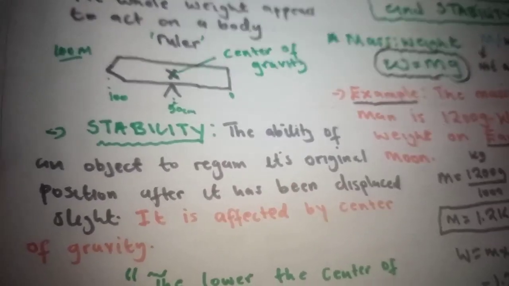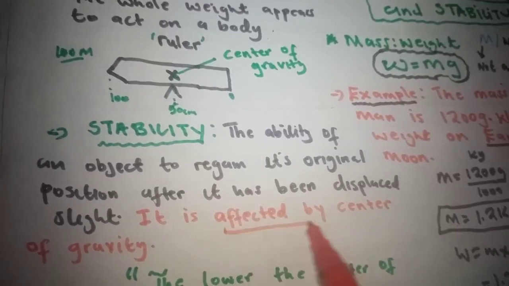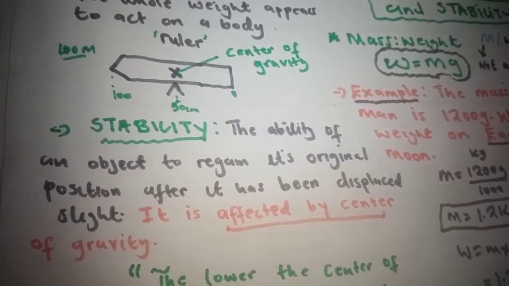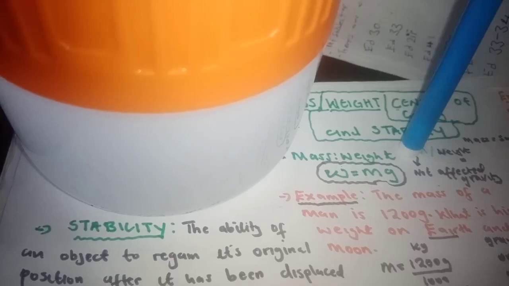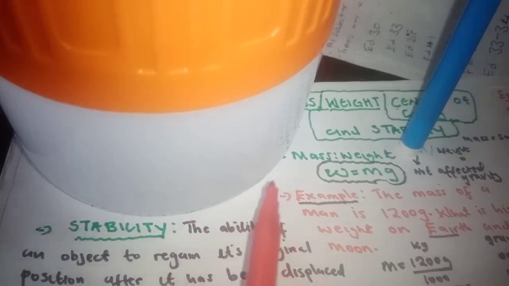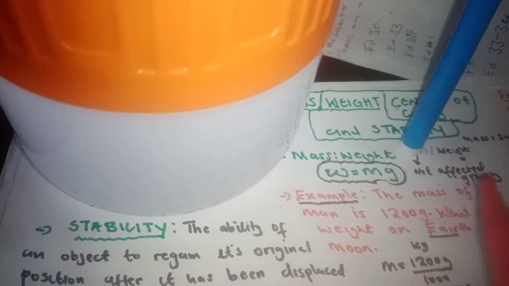This whole thing is simply due to gravity, due to the center of gravity. Let's look at these two objects again. On this side I've got my torch light, which has a large base and is resting very nicely. The marker is resting here too, but if I push it even a little, it will fall down. But if I push this, it's not going to fall down. It will go back to its original position.